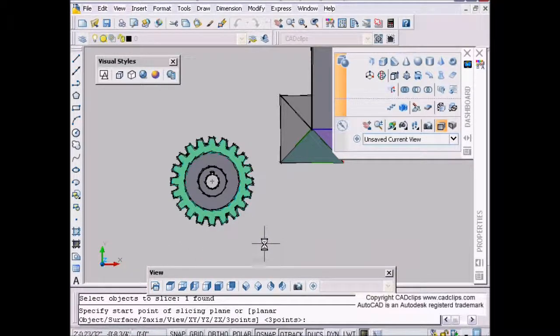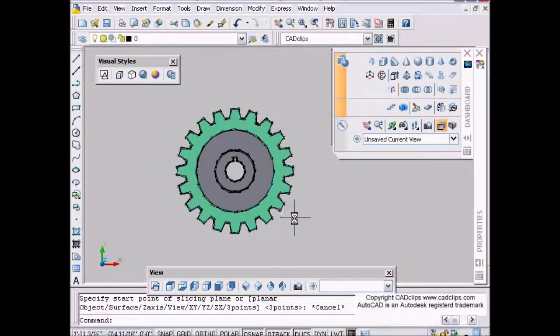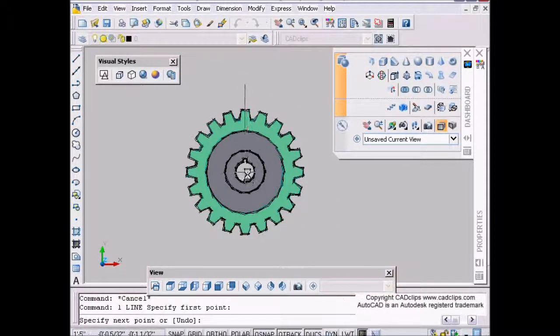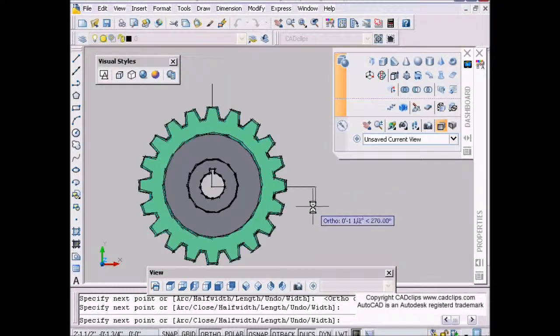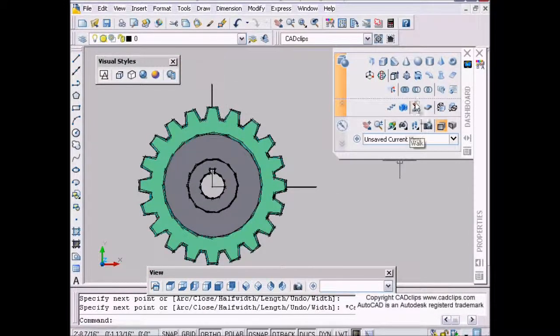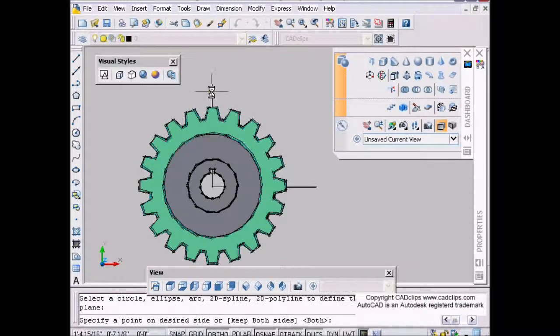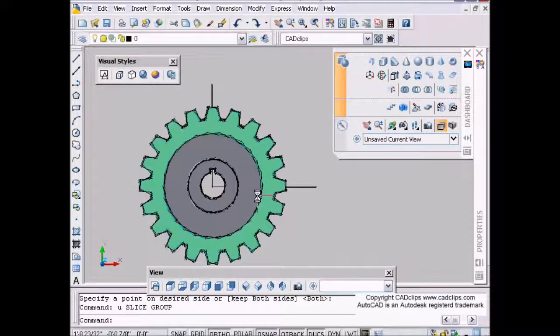So the other one that we're going to try is the object option, which is a little bit tricky, and you've got to know a little bit about your UCS to have that one work. A lot of times what I did initially was, for instance, draw a line that might go from here, or a polyline, because you can use an object to slice, and I thought I could draw an L like that and then go slice. Pick this, enter, use the O for object and pick this, and then try to select a side, and it won't work. It'll error out on you, or